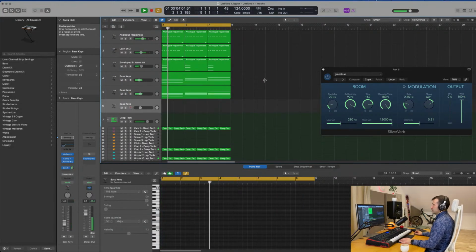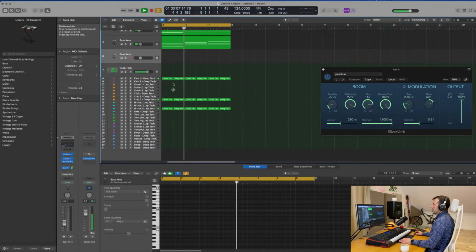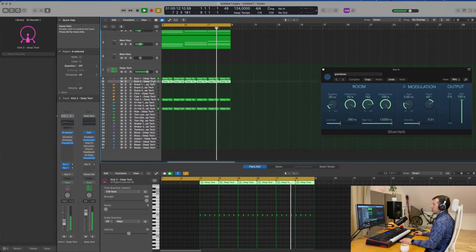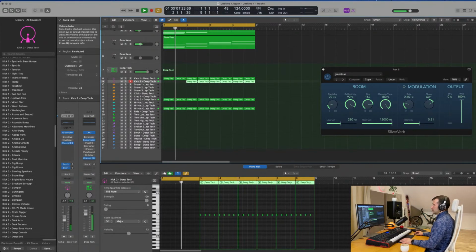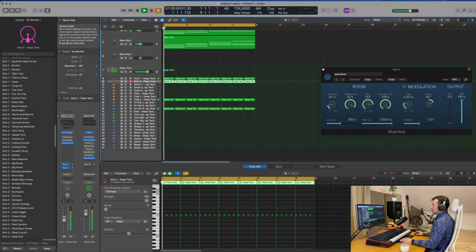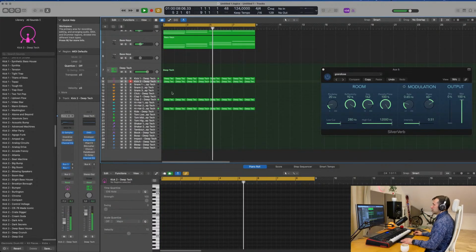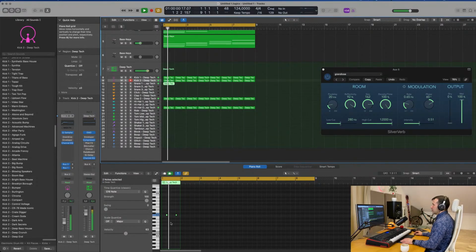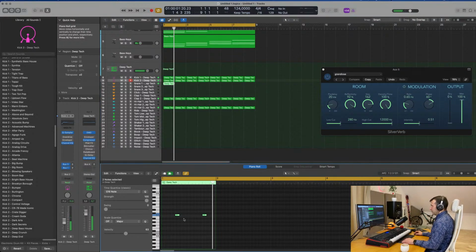I'm a bit delirious, guys. Don't worry about it. I think I'm gonna drop a second kick, first of all. A bit more thump. And I think I want the snare, but not necessarily there somehow. I think drop it an octave, and I don't necessarily want it there. I want to, let's say,